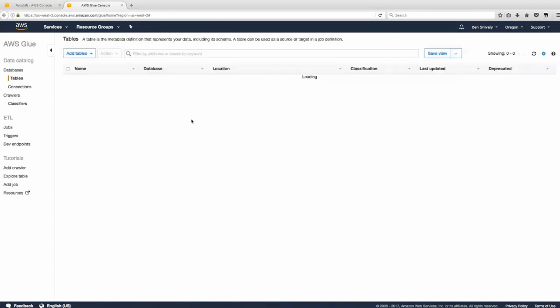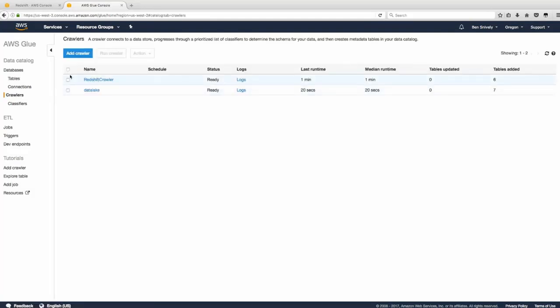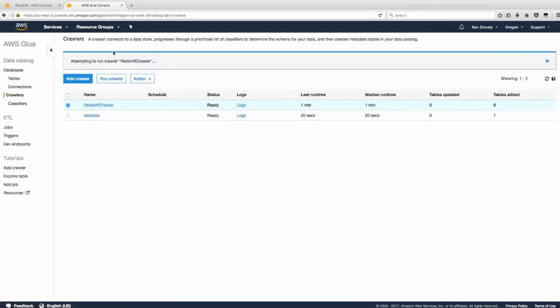When we look at the Glue data catalog, I'm starting off here without any tables defined. What we're going to do is start off by crawling a Redshift data warehouse, essentially the data warehouse we were just looking at. I could go in here and run this crawler. And what this is doing is crawling that data warehouse for me and